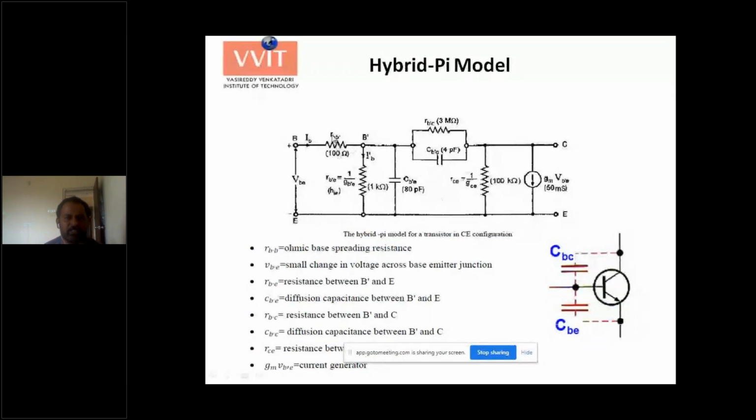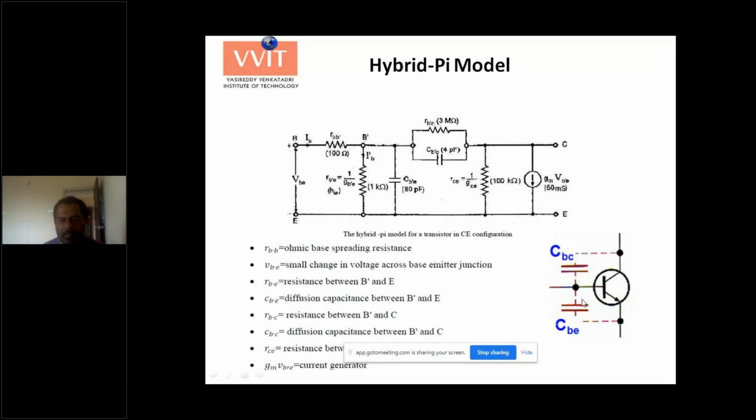Now this resistor RBB' is known as base spreading resistance. This is the resistance of the base region after the depletion region, without the depletion region. Usually this will be small. It comes in between 10 ohms to 100 ohms, maximum 100 ohms. Most of the times in analysis, for all practical purposes, we try to short circuit this resistance. Sometimes we keep it, but this resistance does not appear in the low frequency model. It appears only in the high frequency model.